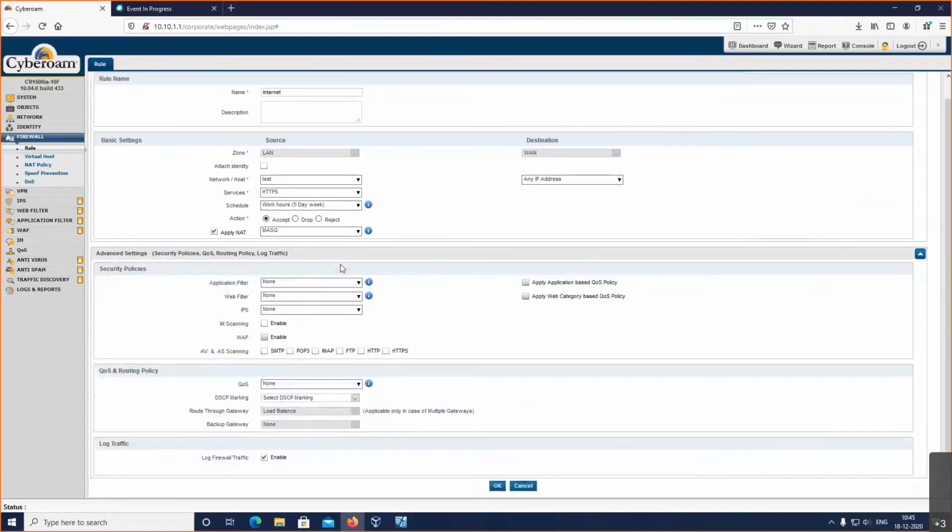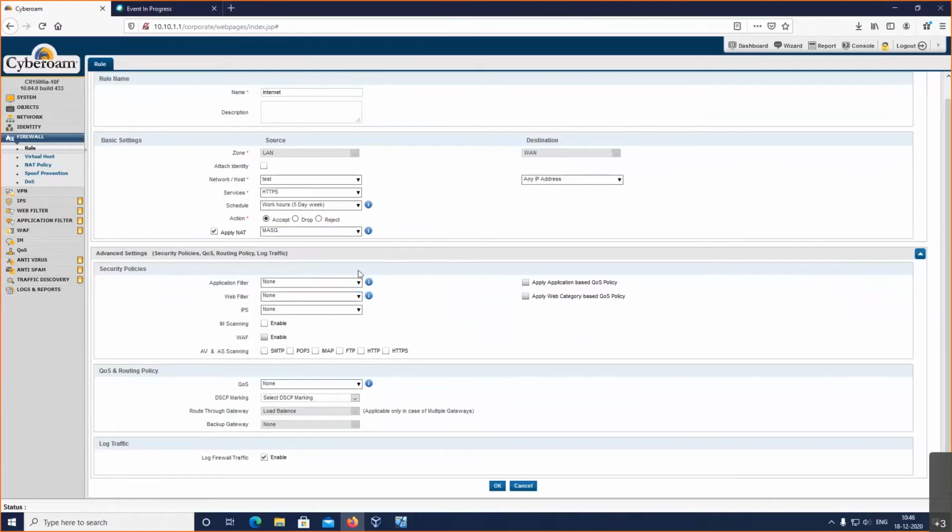And the other part is apply NAT, the network address translation we want to have, where masquerading means the entire communication will be NATed to the other network. Let's say whatever communication is coming from the LAN interface is directly mapped to the WAN interface. Or else, if you have a different NATing policy, then that can also be enabled here.